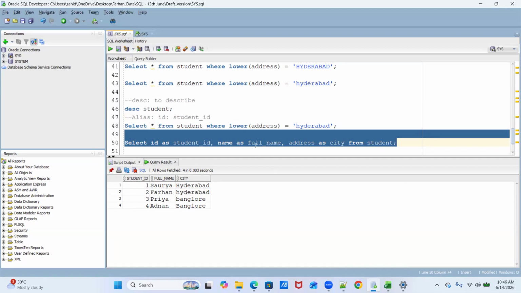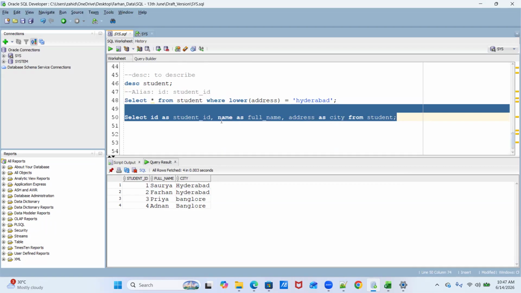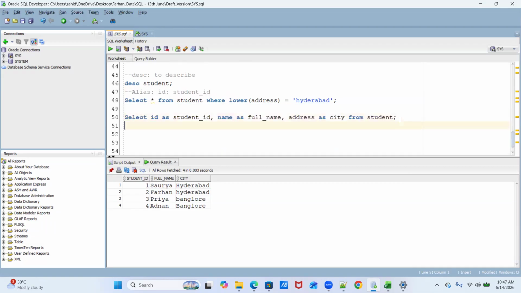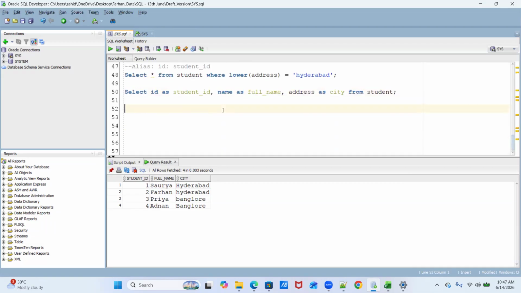But if you go and search for this full name in the table student, you will not see it, right? Because we don't have any column with the name full name. We have a column with name. We have a column with ID, not student ID. We have a column with address, not city. So this is just for display purpose. Hope it is clear. These are the small topics I just wanted to cover initially, so later, when you start using it in queries, it will be easy for you to understand.